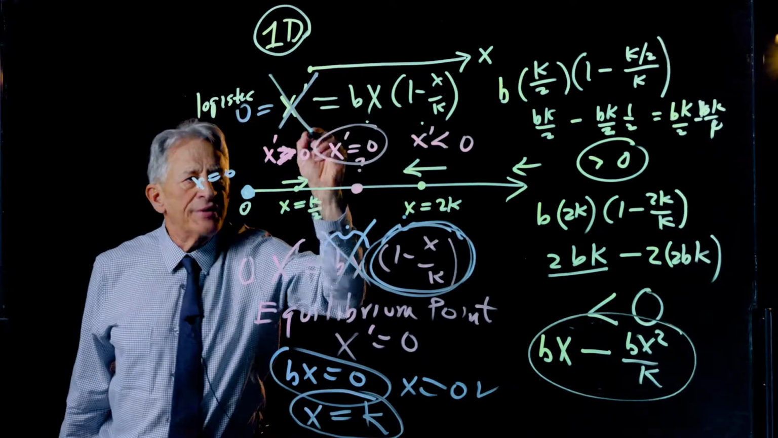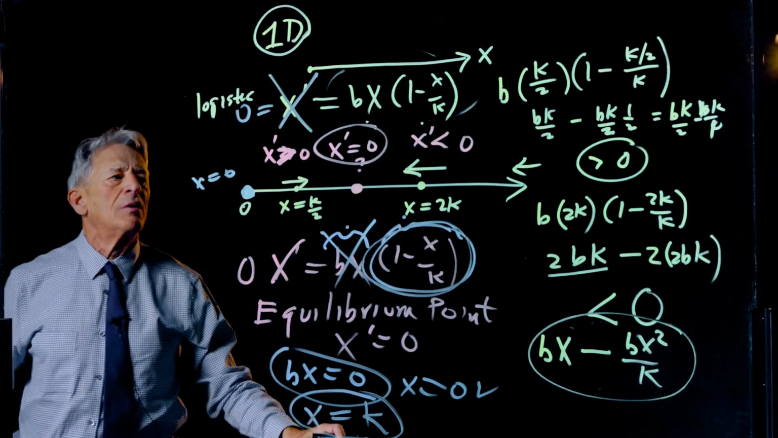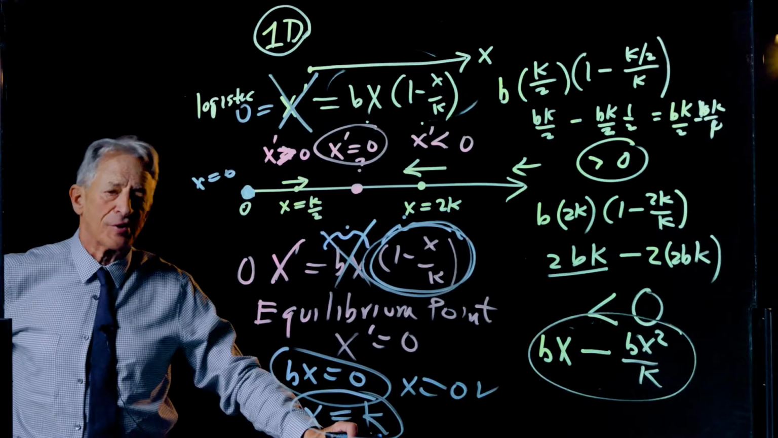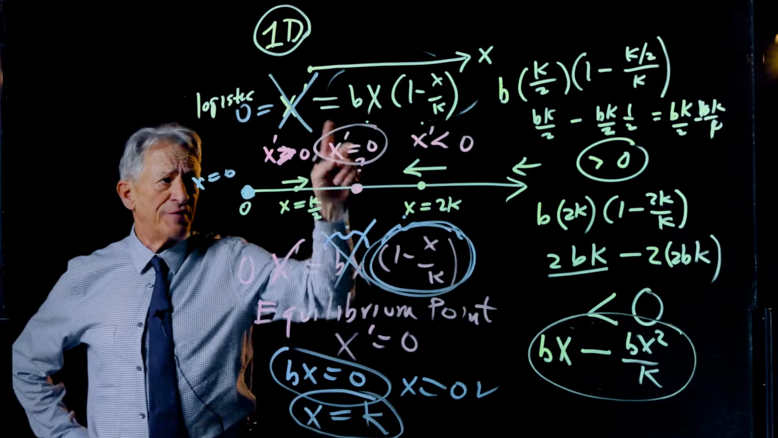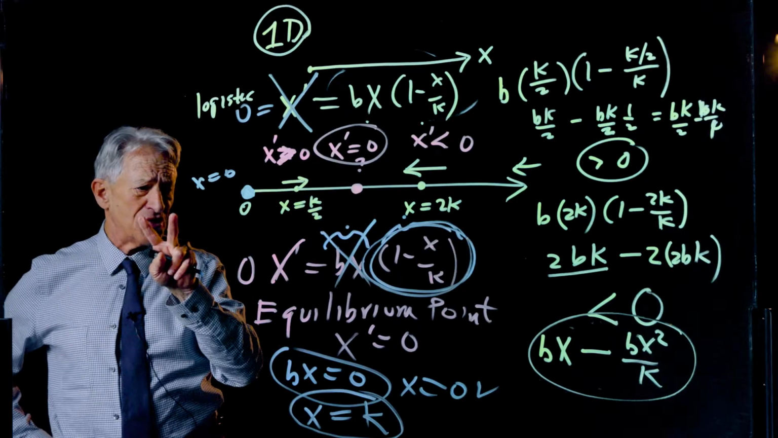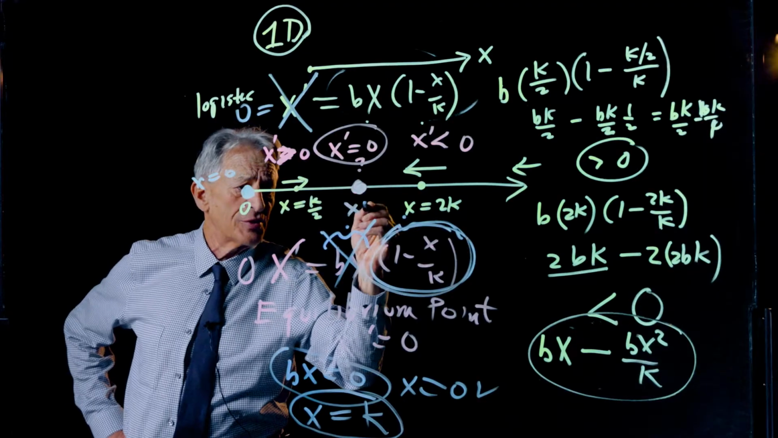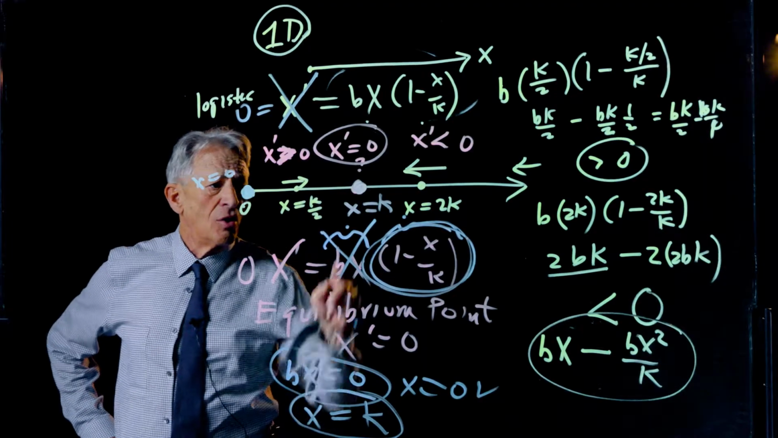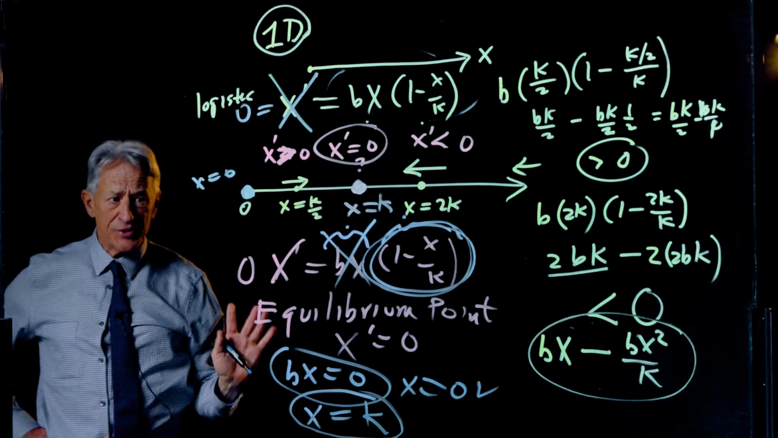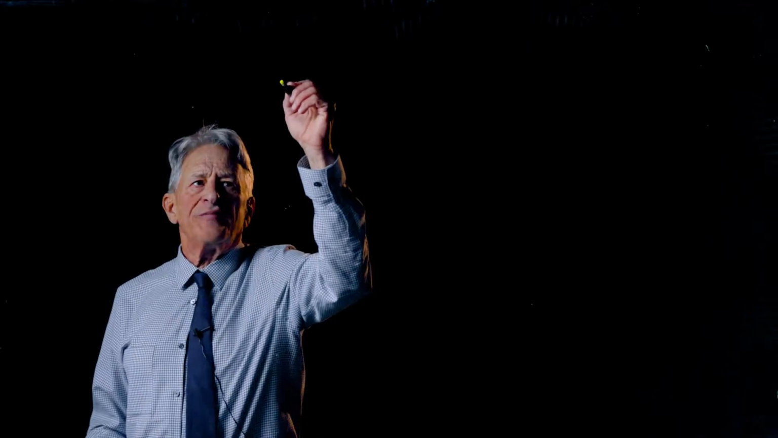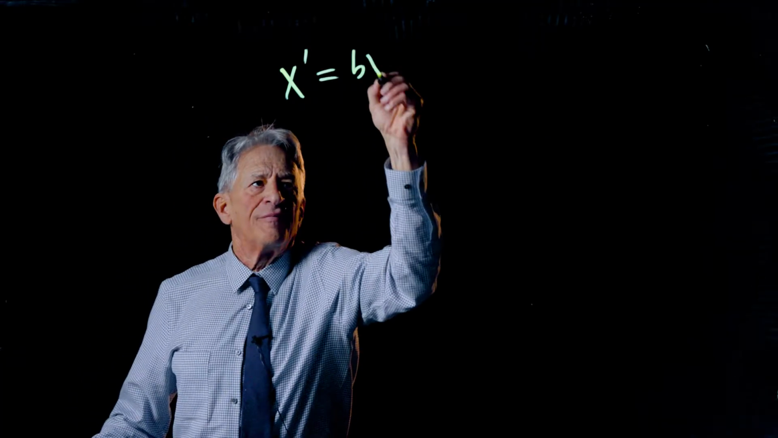It's no longer a differential equation. It's now just a piece of high school algebra. 0 equals bx times 1 minus x over k. Find x. So we did. We found two x's, x equals 0 and x equals k, are the two equilibrium points of this system. So we found the equilibrium points of this